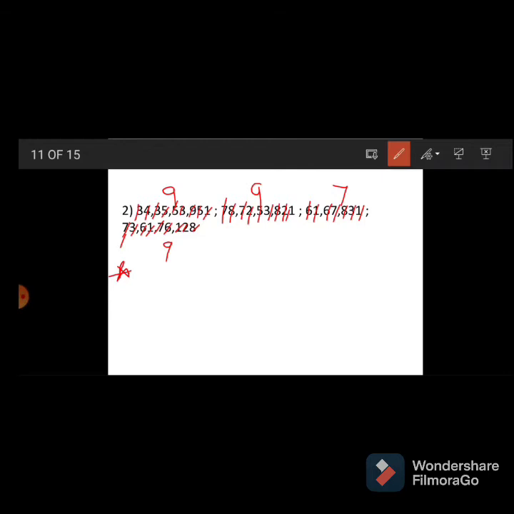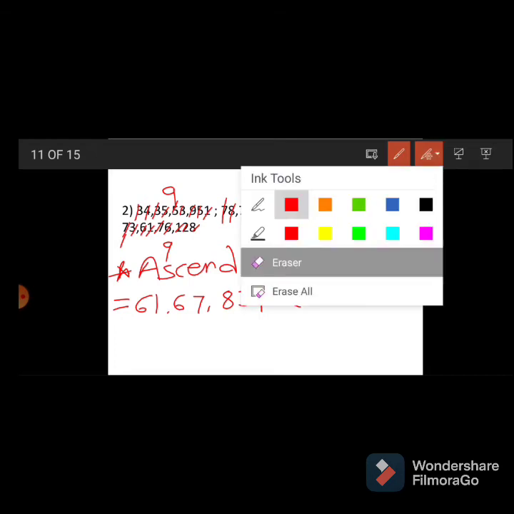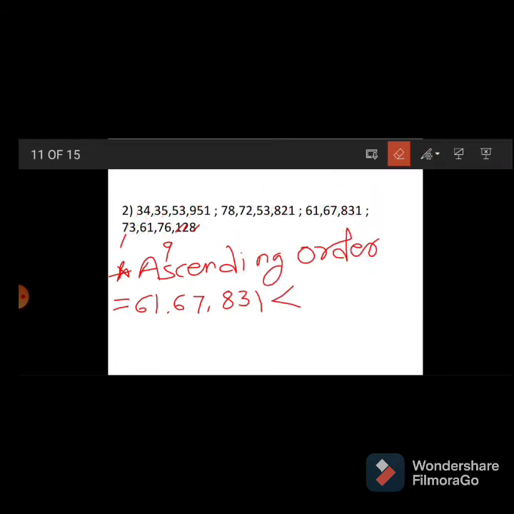Then first we will discuss about the ascending order. Then in ascending order means smaller to greater. Ascending order means smaller to greater. Then first smaller number is 61,67,831 is smaller than. Next which number we have to use? See, we have to check down because remaining 3 numbers are 9 digits. Then check which is smaller, 3, 7 or 7. 3 is smaller. Then 34 crore 35 lakh